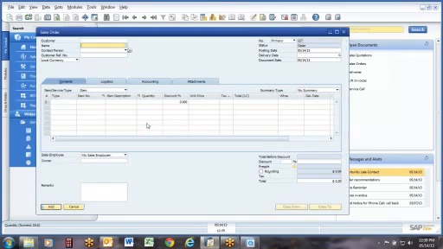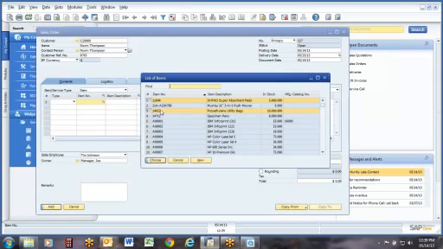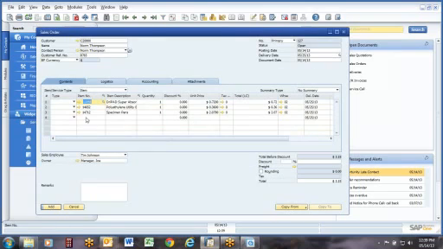When you go to enter a sales order, you choose your customer, enter an optional purchase order number, the date that you want this delivered or you expect it to be delivered, and then you choose your items that the customer is ordering. And you notice in SAP Business One, you can multiple select with the control key or shift key. Now we'll bring in items and corresponding prices that have been created previously. You can enter your quantities,